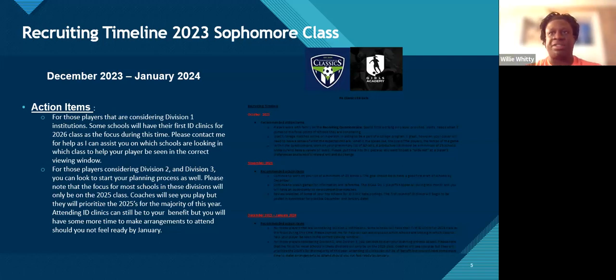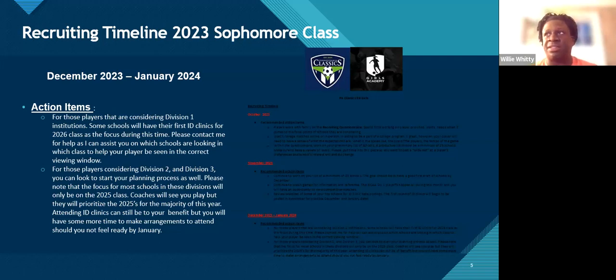The other conferences, the Big South, places like High Point, places like William and Mary, places like Old Dominion, they won't be as early. They will be more putting together their recruiting maps from like April, maybe July-ish, and then they'll start to work through even after June 15th what their recruiting classes will look like. But the bigger schools will go very quickly and go very hard in December to January.